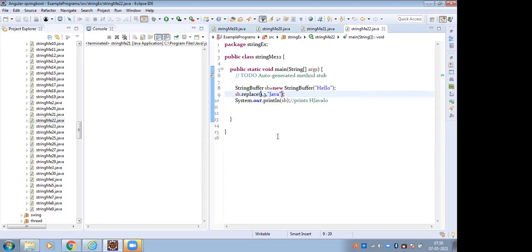Our string starts at 1, and the destination is 3. Replace is a predefined method. So 1 comma 3 means H is the 0th index, E is the first index, and L is the second index. E and L, these two characters are removed. Instead of them, the value Java is printed here.